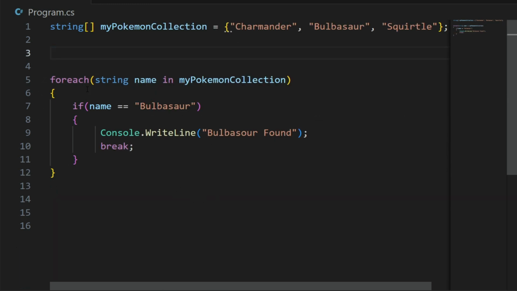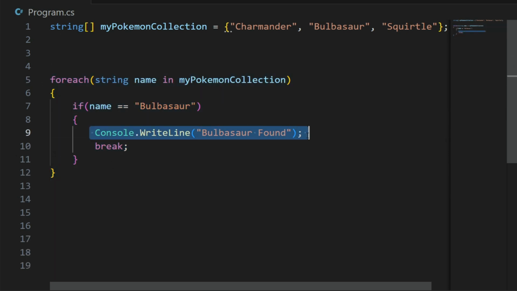So with this, it will loop over this entire collection, and imagine we have hundreds of Pokemon inside. It will check this Pokemon each time, and if the name is Bulbasaur, it's going to print this. Bulbasaur. It's going to print this, but it's also going to break. And it means that it's not going to continue with Squirtle or the rest of the collection. It will simply stop this, and it will print something like